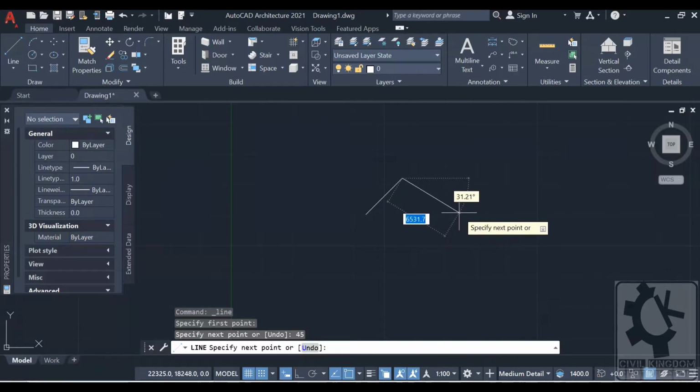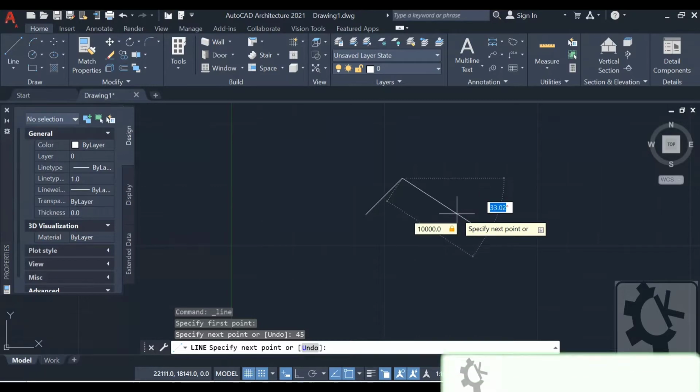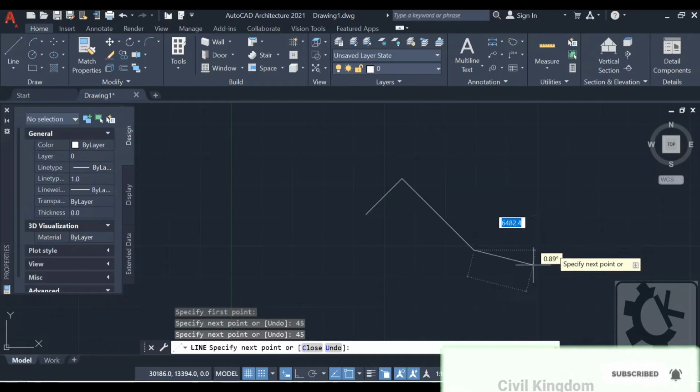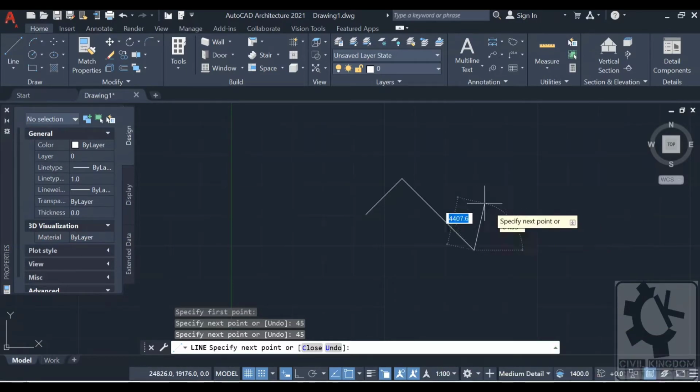Say I want this time towards the lower side of the x-axis, say 10,000 length, tab, 45 degree, enter. Okay, now to finish the command you need to press the enter key in your keyboard.